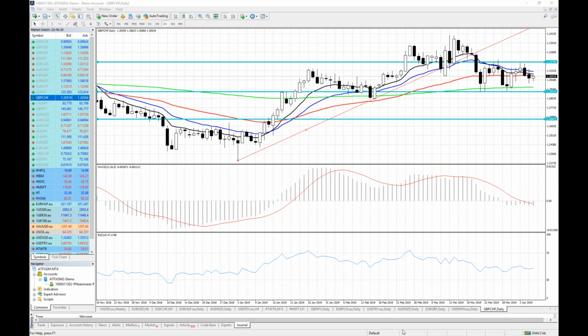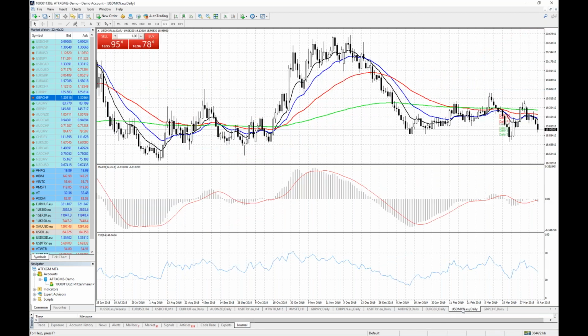Let's have a look at the US dollar against the Mexican peso here. What is it that I see here on the daily chart? Well, I can see price has been moving sideways. Those moving averages have been pretty much all over the place here. However, just recently, yes, the 200 is below the 50, 20, 10. It's a little bit early to actually call this a beautiful downtrend here.